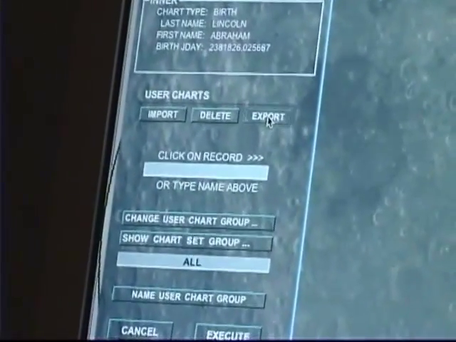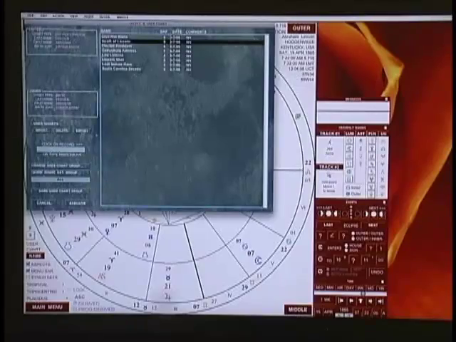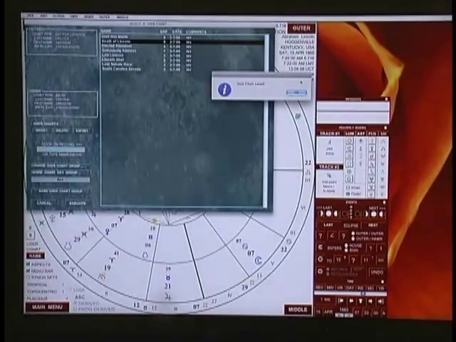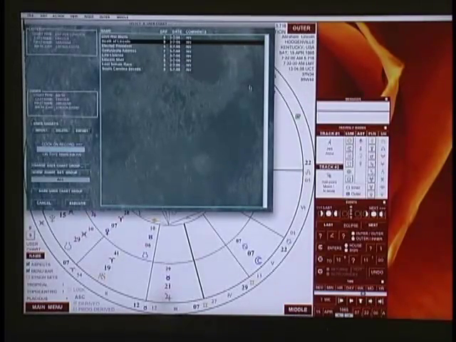If you want to, you can export this chart by hitting export and it'll bring up, where on your machine do you want to export it, and we'll cancel it out. And you can take that, put it in an email, and send it to anyone else using Intrepid Level 2 or higher, whether they're on a Mac or a PC, doesn't matter. And they can import the chart using the import over here on the left,